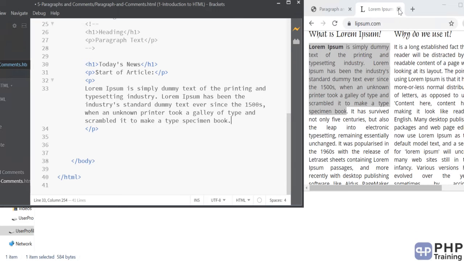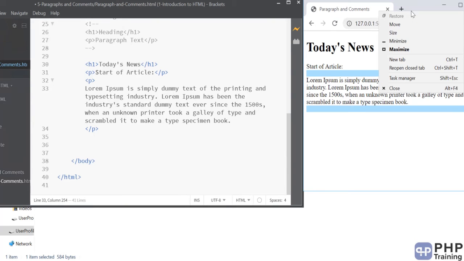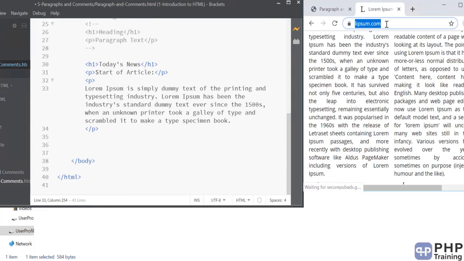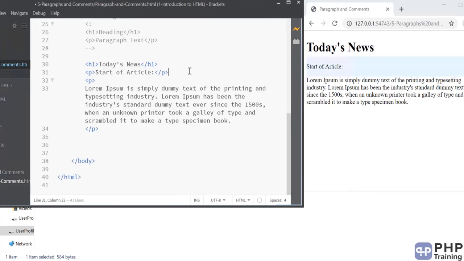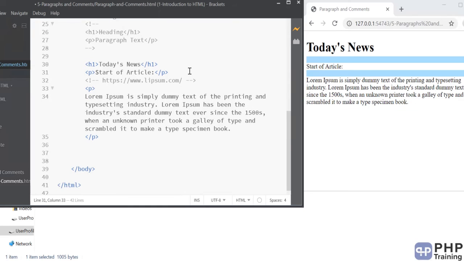Okay, and it's famous on the web. Many websites use this to fill up their page. I'm also going to give you the link here. If you want to add a link where you got the source from, typically you can do that via this, and you can add the link here. Okay, you can see the start of an article here.